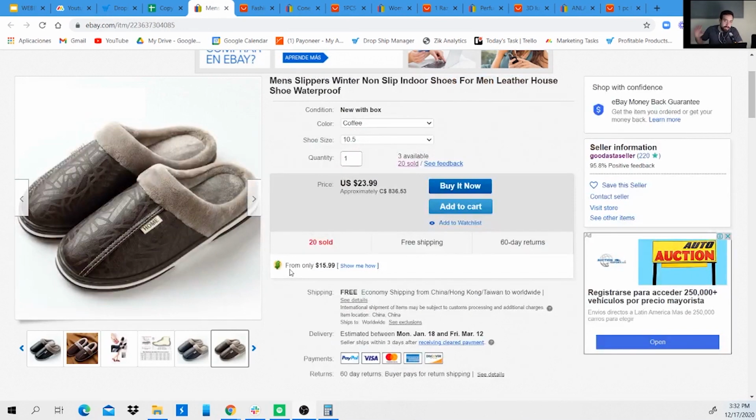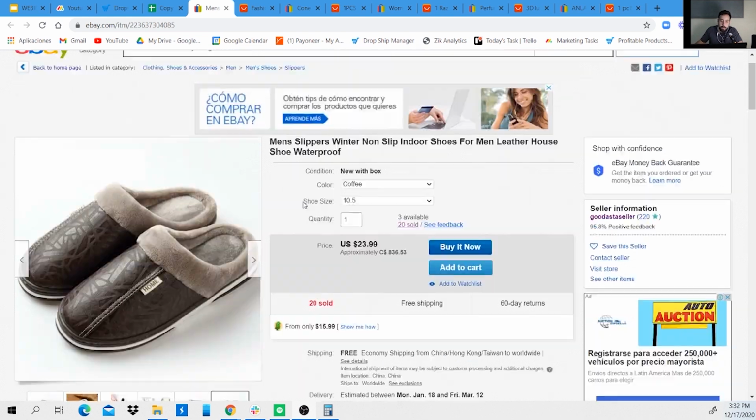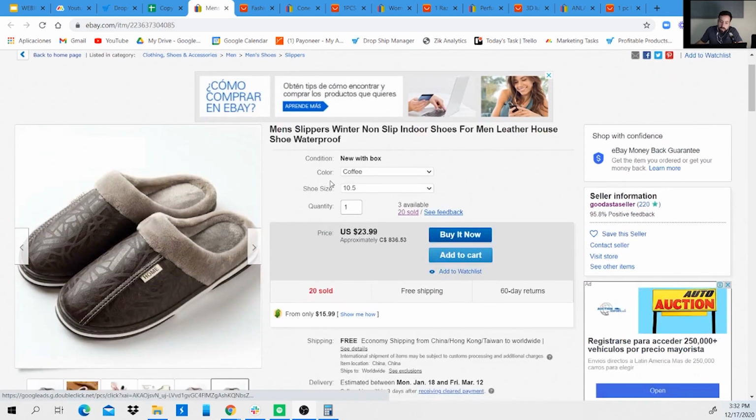So let me give you a few examples of what is online arbitrage. I'm going to show you 5 different items on eBay, and then I'm going to show you the same products on AliExpress under a cheaper cost. So we have this first product, which is a men's slippers. We have the shoe size 10.5, that is a variation by the way, and the final price